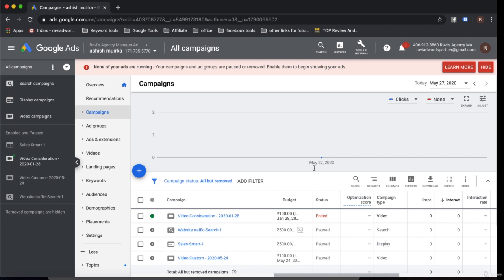And what is ad rank? Ad rank is the bid amount multiplied by the quality score. Like my quality score is 7 and I am bidding on a particular keyword 1 rupee, 7 multiplied by 1, that is my ad rank. And ad rank is the most important key factor in defining our ads position and getting traffic as well, getting our ads visible on the Google Ads network with more relevancy.